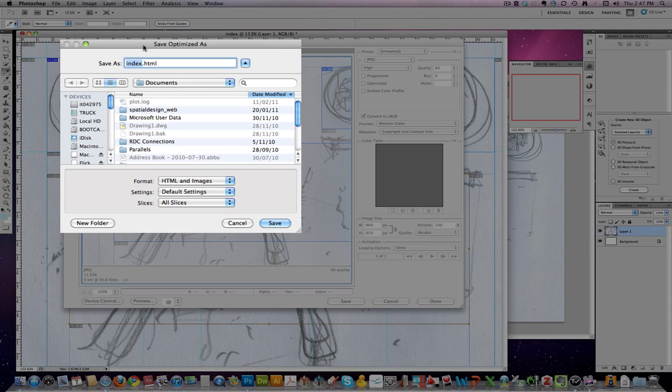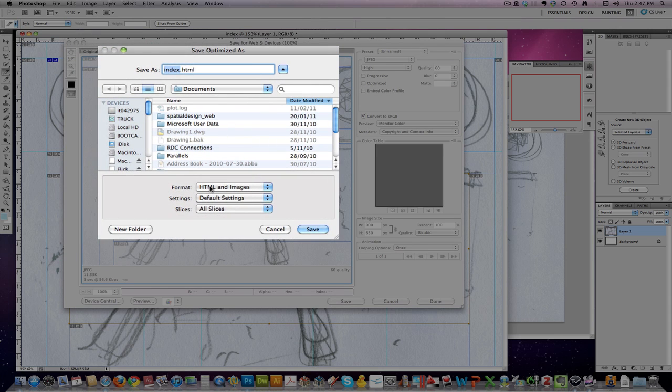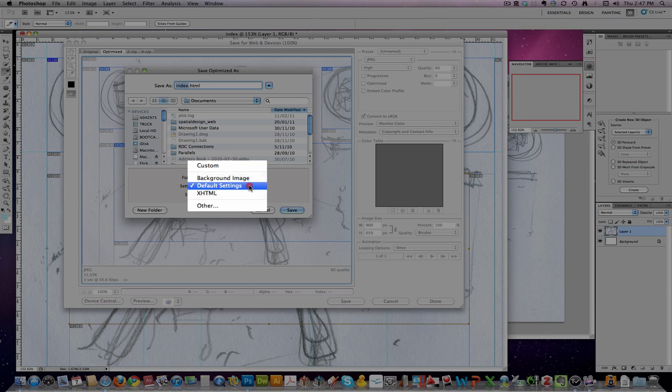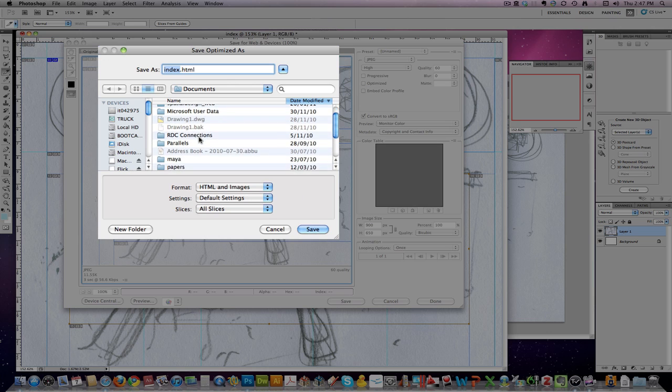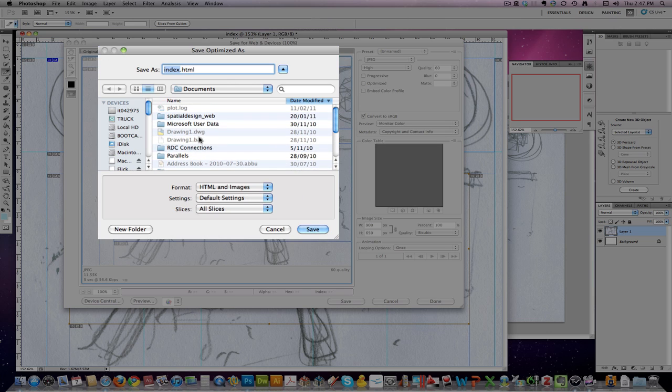This is the really important part. We want to make sure that we've set the format to HTML plus images. Settings can be default settings is fine, and all slices. Up under Save As, because we've named that page index, we'll leave it as index.html. And you want to save it somewhere where you can access it easily. So either your H drive or